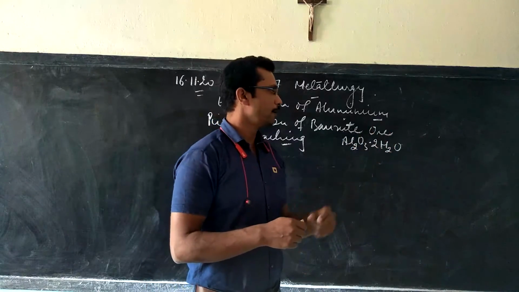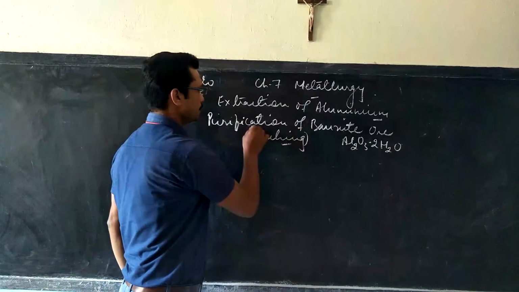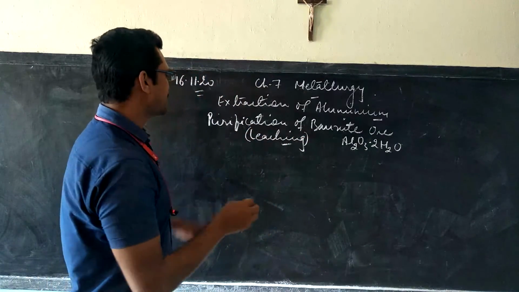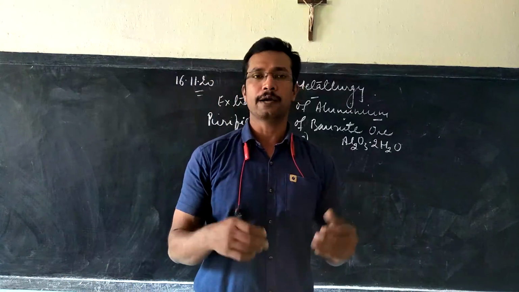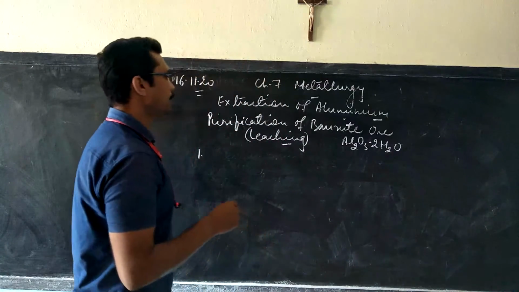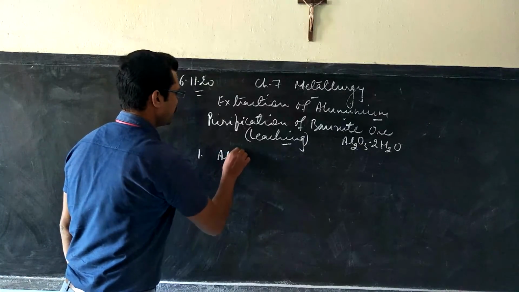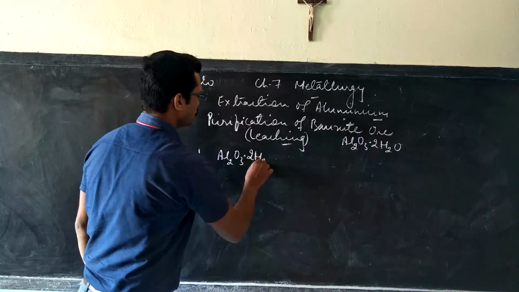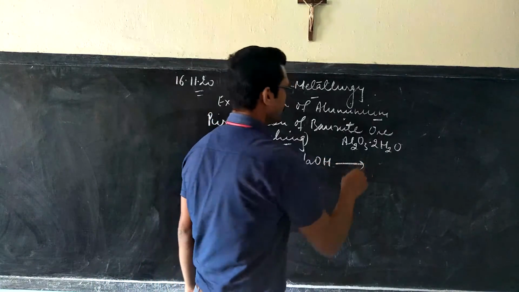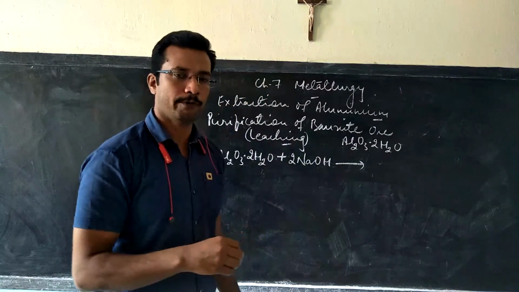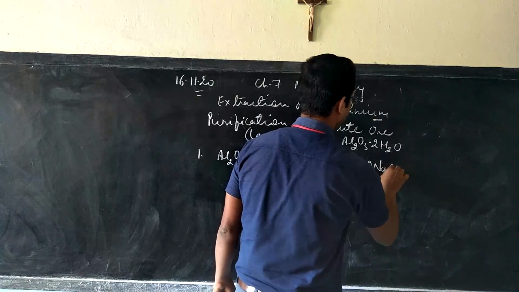You can see the formula Al2O3.2H2O, and it is by the leaching method that we can do this. The first step, as you know, is that the leaching method is where we have to add chemicals. Here the chemical is caustic soda. So Al2O3.2H2O with NaOH, we have to heat it to about 140 to 150 degrees Celsius, where we obtain sodium meta-aluminate